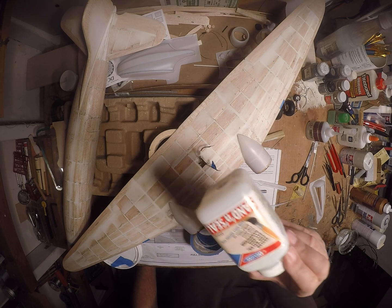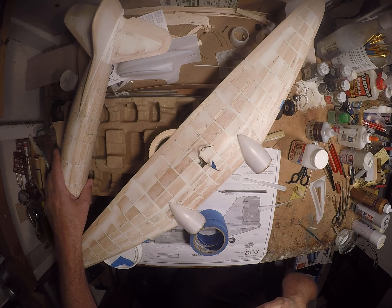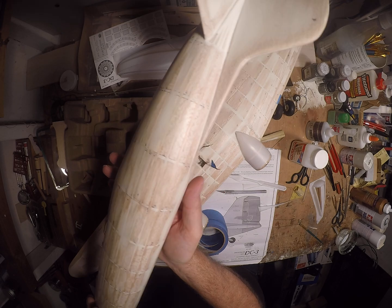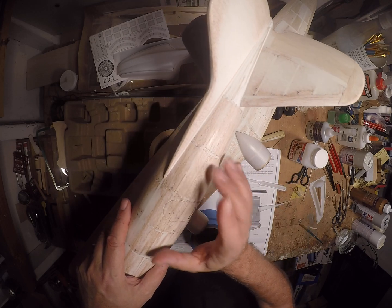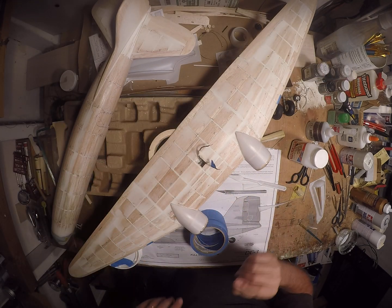And I don't know if you can see what I mean, but if you look at that fuselage, you can see how smooth that is. And if you could feel how that treatment, that sand and seal, has conditioned the balsa and kind of changed it, hardened it, and so forth,